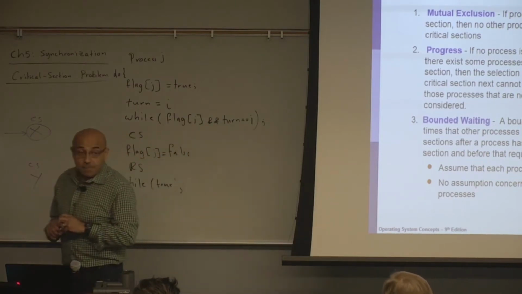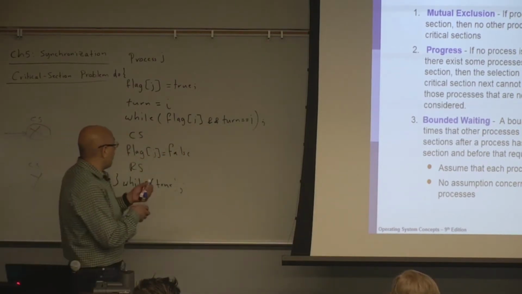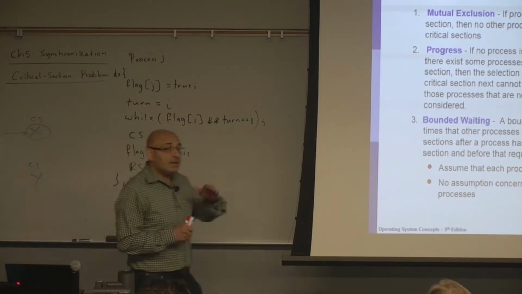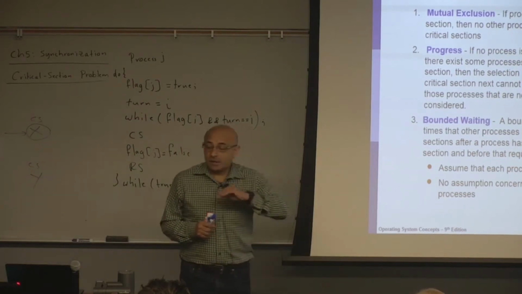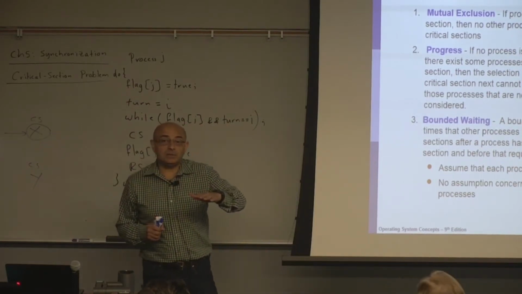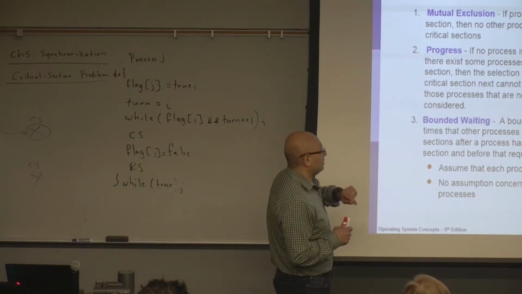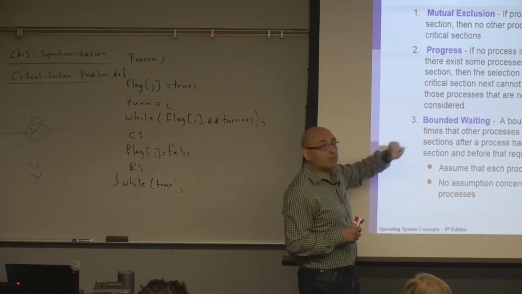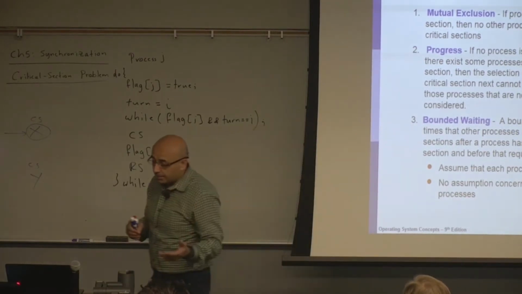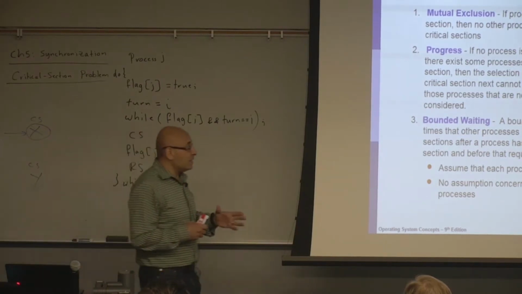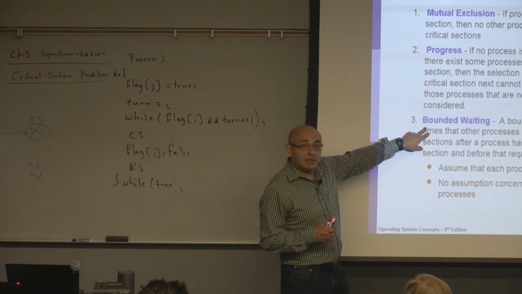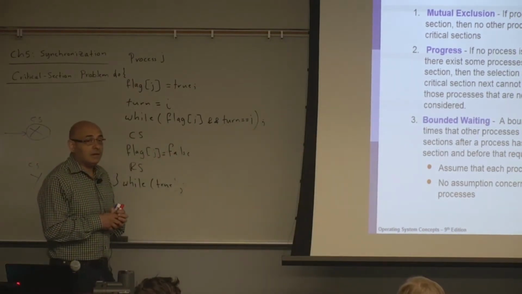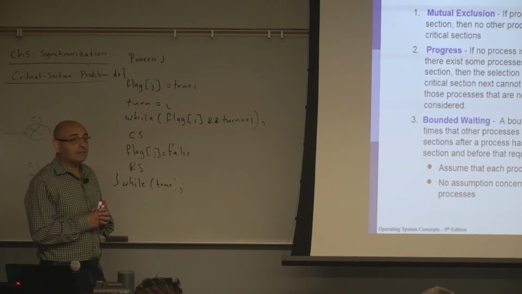Okay. Bounded waiting means that if a process is waiting to enter the critical section, then there is a limit on the number of times other processes will access the critical section while a process is waiting. Now, in today's lecture, we will go through examples that will explain bounded waiting very well. We will explain it by showing a solution that satisfies bounded waiting and a solution that does not satisfy bounded waiting, and then it will become clear what we mean by bounded waiting.